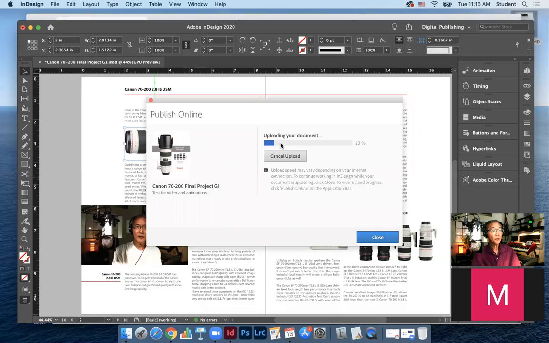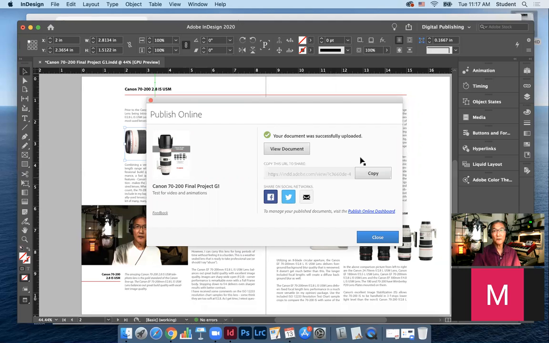And then it's going to upload my changes. Okay, and it will do that much faster if it's just updating. If you're publishing a new document, it's going to take longer because it thinks it's a brand new document. When you have videos in your document, they take longer to upload. The longer the video, the longer it takes to upload. Okay, now once it's done,